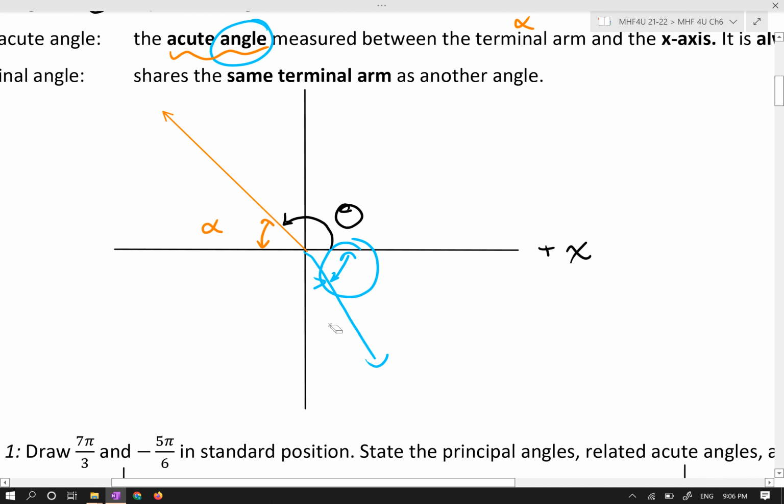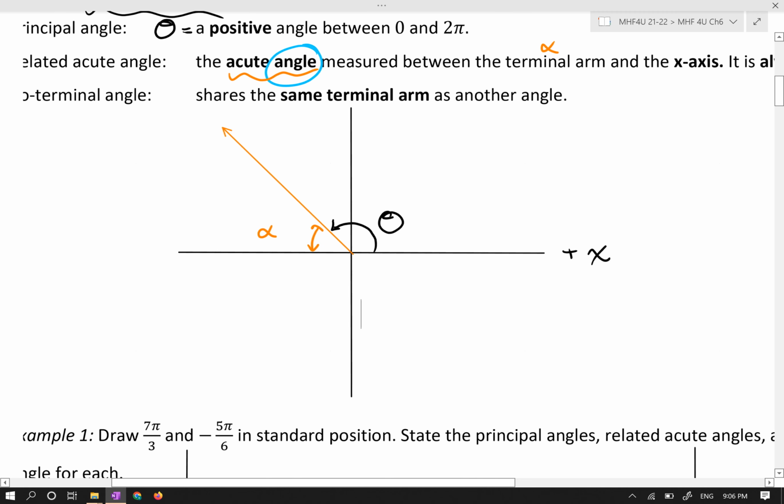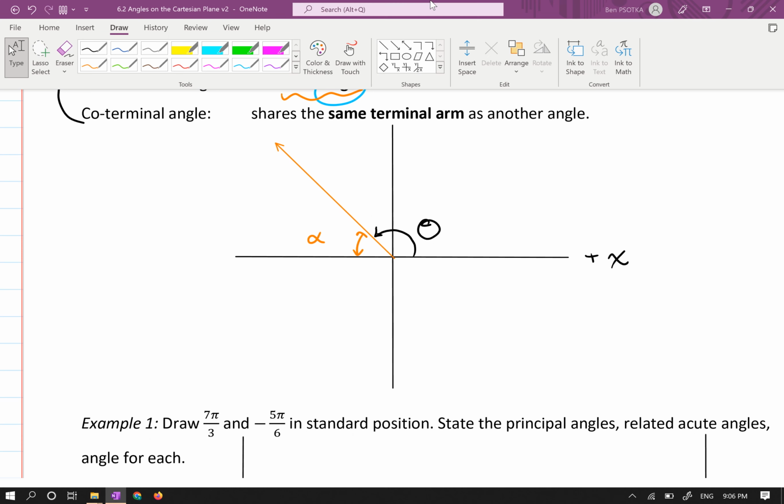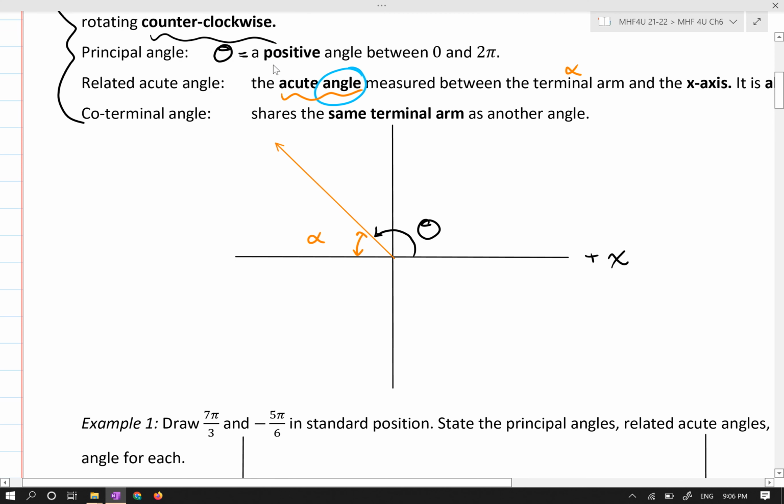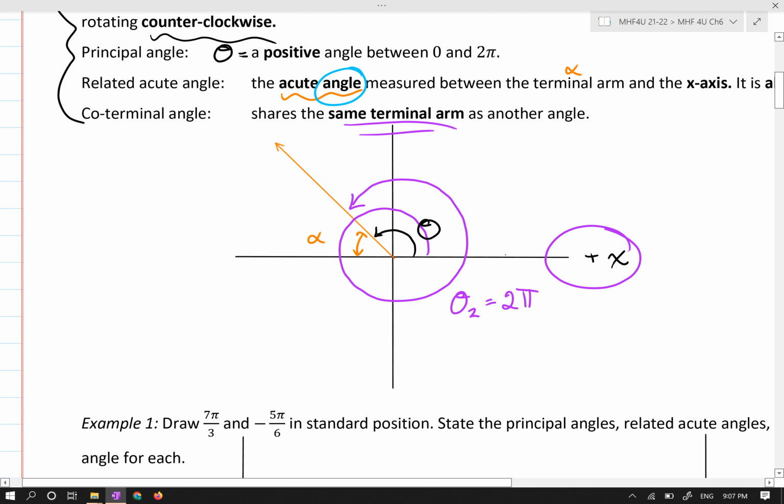Now, a coterminal angle, this is the last of some review terminology. A coterminal angle shares the same terminal arm as another angle. So in this case, if we're working with angle theta as our principal angle, then a coterminal angle would be what we sketched before, going all the way around and then ending up at this same location. If this is the case, we'll call it theta 2. Then theta 2 would be equal to 2 pi, because 2 pi is all the way around the circle. So 2 pi plus an angle from here